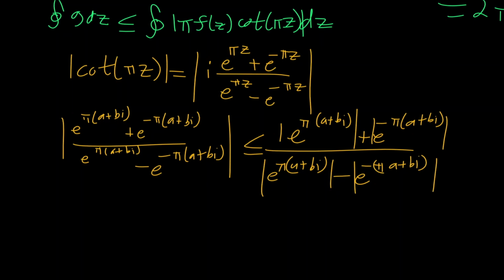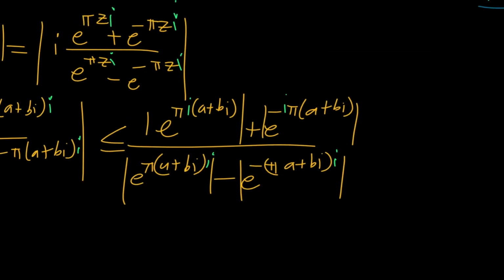And I do apologize. There should be a bunch of i's here actually. So this should be e to the zi. Focusing in on this right here, we see that whenever we distribute this i, ignoring the pi for a moment, we have ai minus b. If we can split this up into e to the pi ai and then times e to the minus b